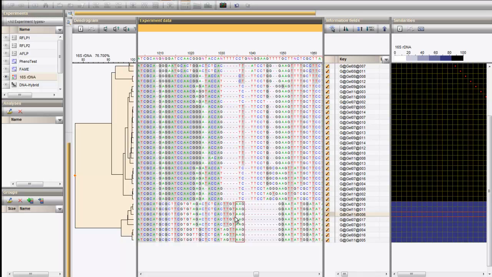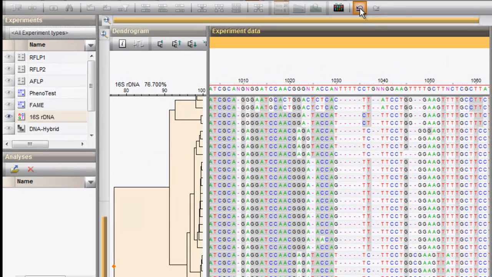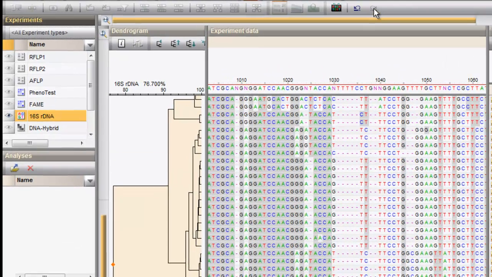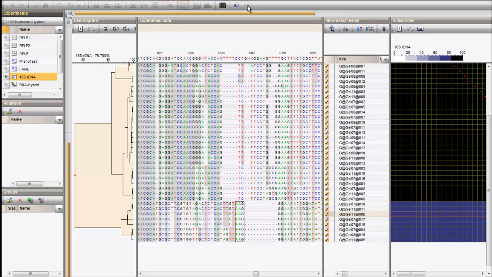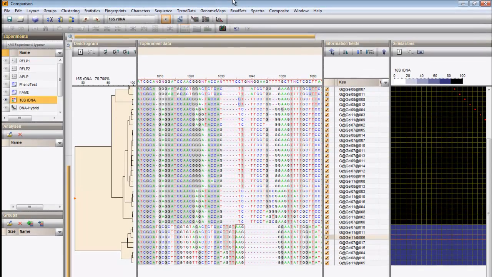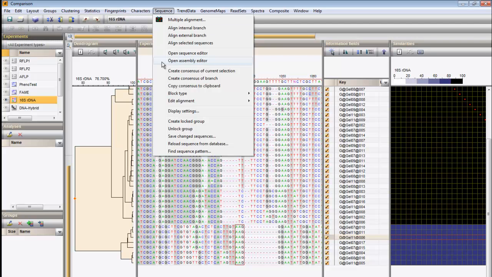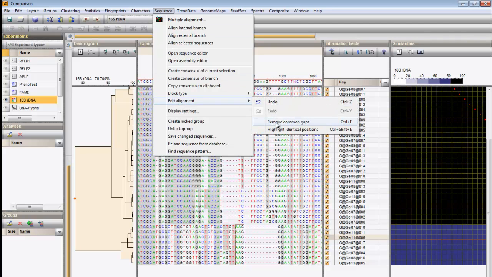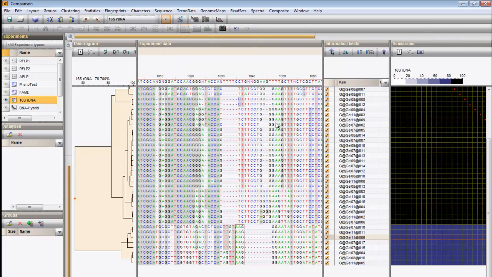Please note that the software contains a multi-step undo and redo function. The result of my action is that there exists a common gap over all sequences in the alignment. I can remove common gaps with Sequence, Edit Alignment, Remove Common Gaps.